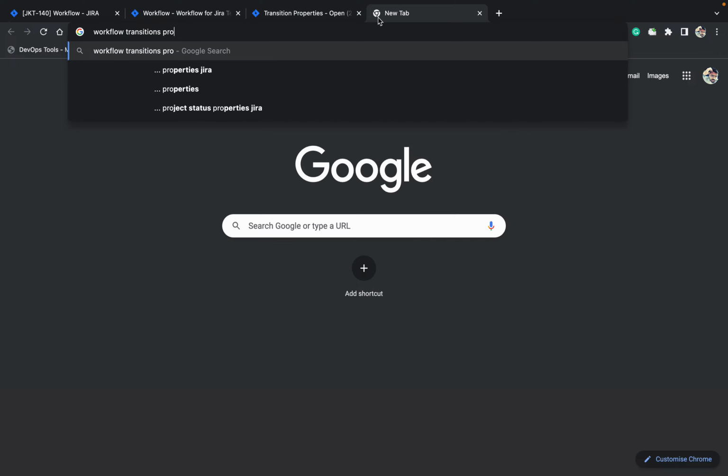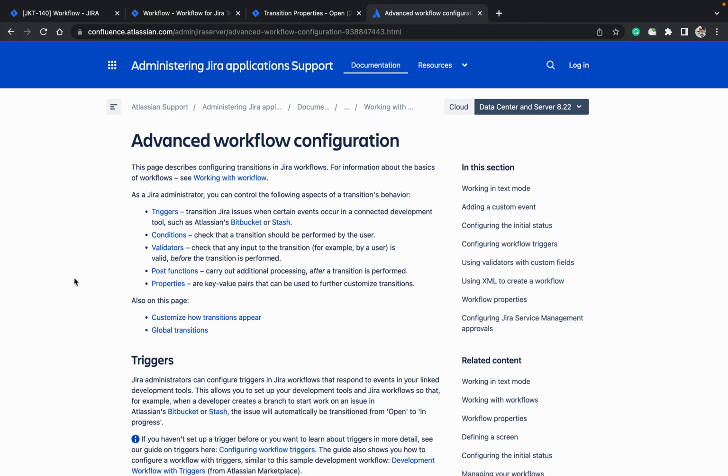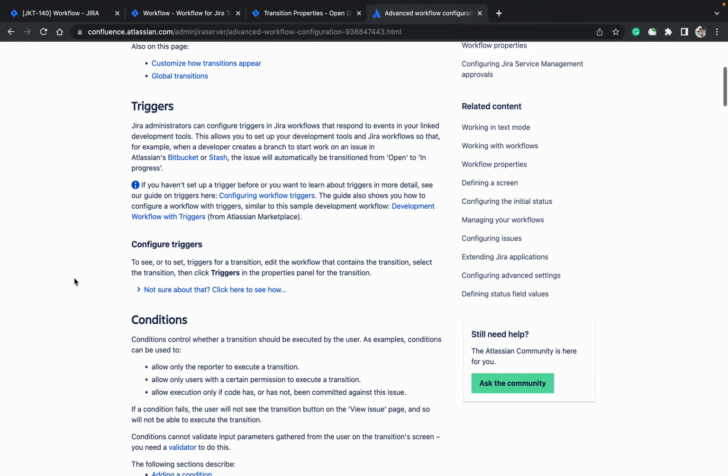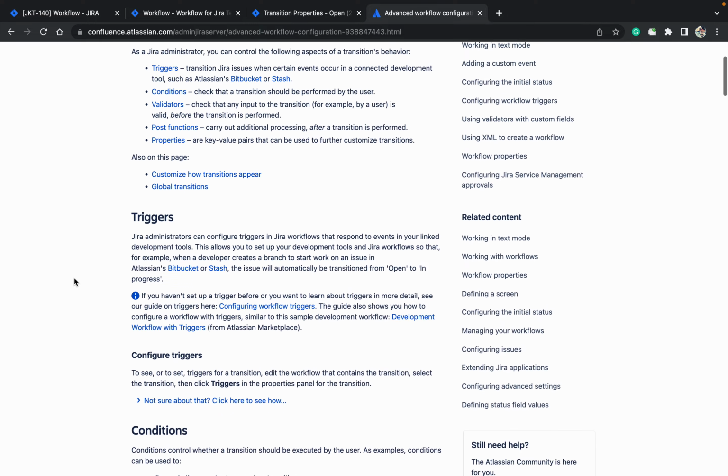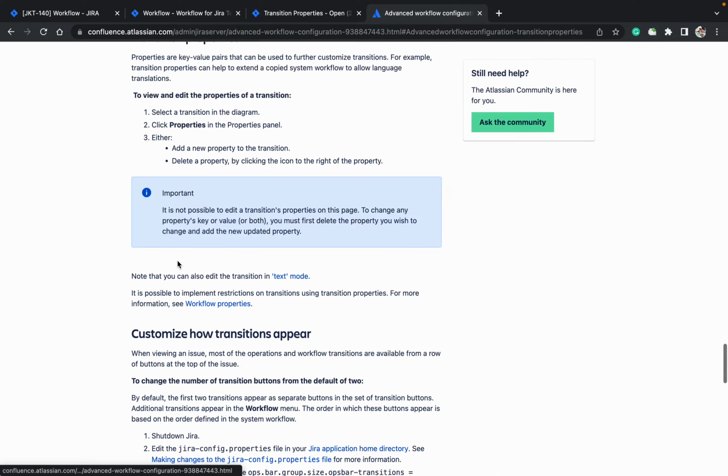properties Jira. You can say you are teaching, but still you are searching. No one is able to remember everything. You can take it, not a problem. Whenever you want, you can customize, you can check it. Okay, properties, come down,